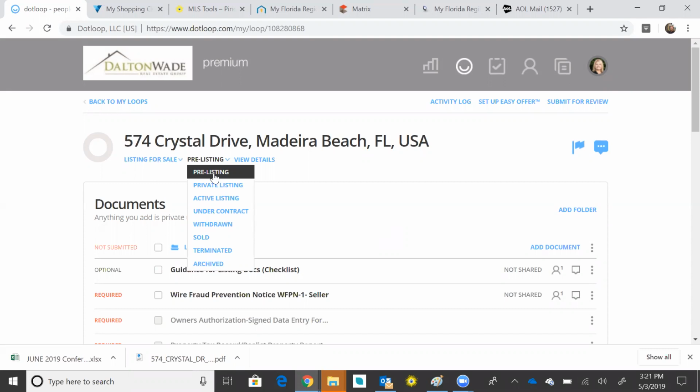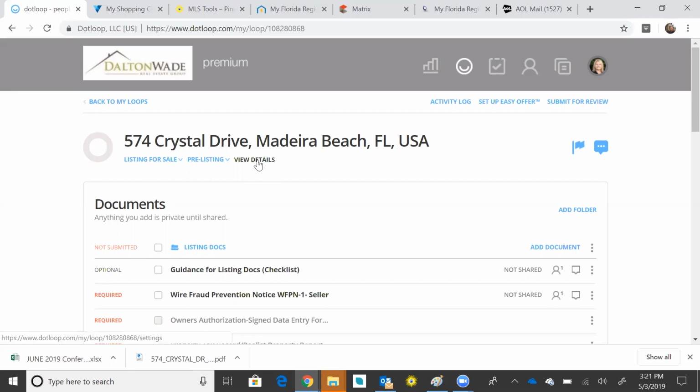brokerage. View details. We will look at this button more in another video, but this is going to show the basic details where we can add some things, and we're going to use it to start to set up our transaction. Now, the top